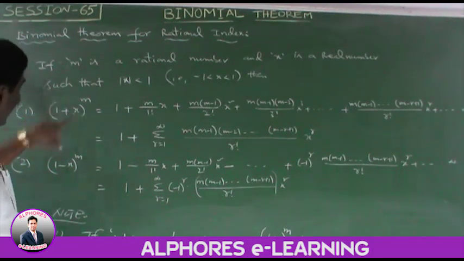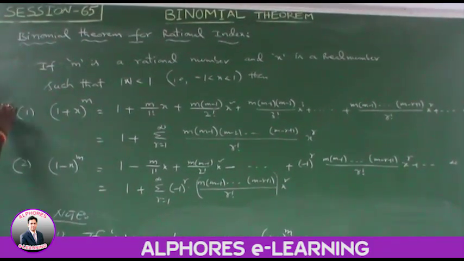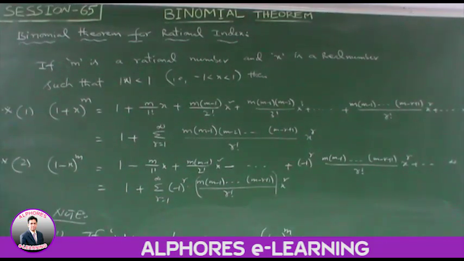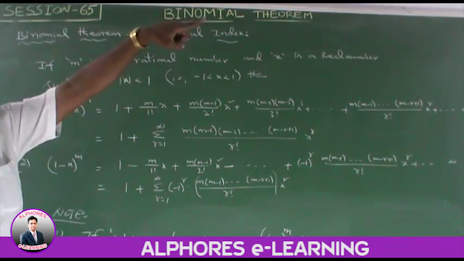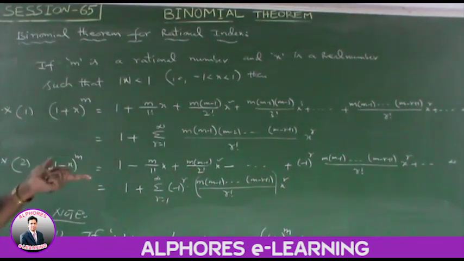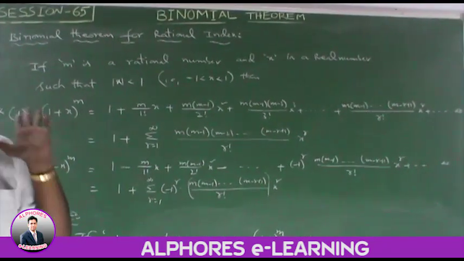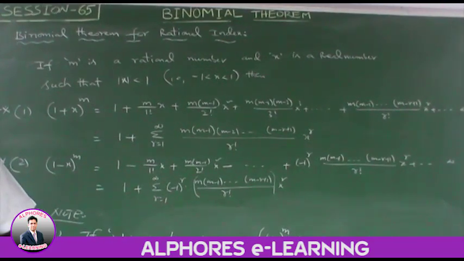If we replace x as −x in this equation, we get this value. It is the standard formula. Very, very important. Please note these values. (1 + x)^m: if m is an integer, we get m + 1 terms. If m is not an integer, a rational number, then in this case we get an infinite number of terms. Very, very, very important. Please observe those values.